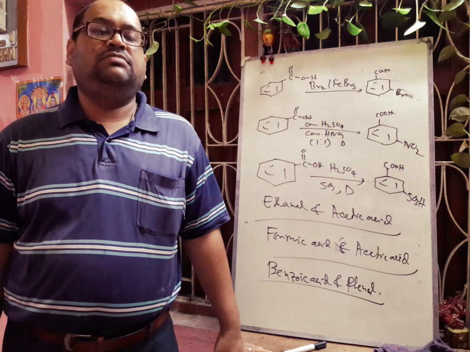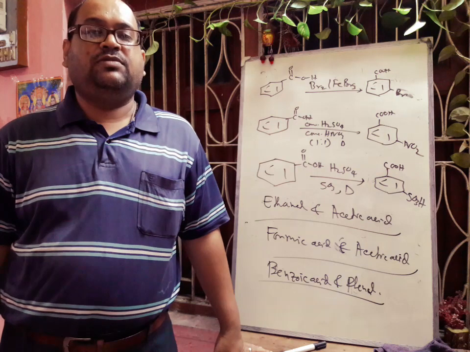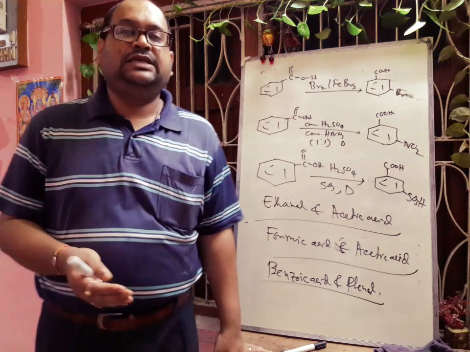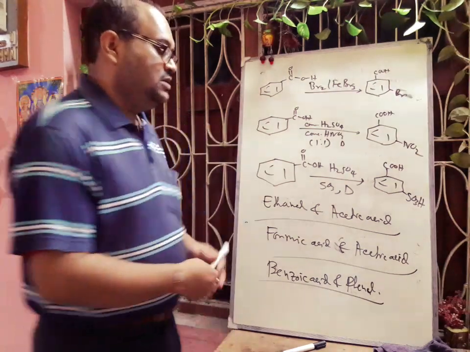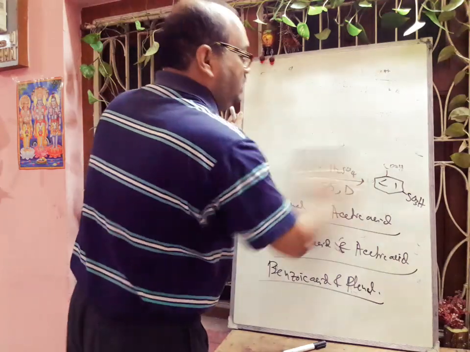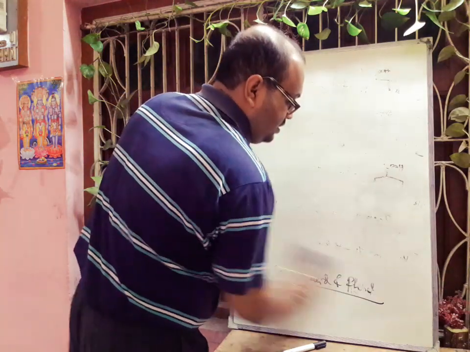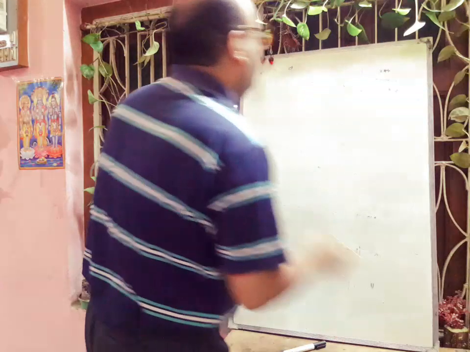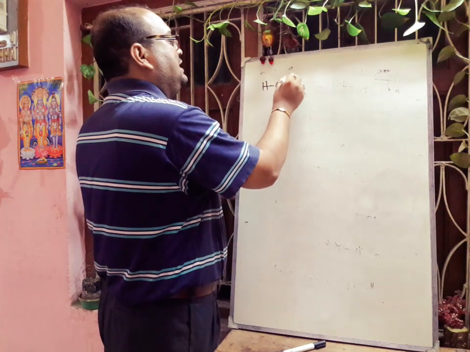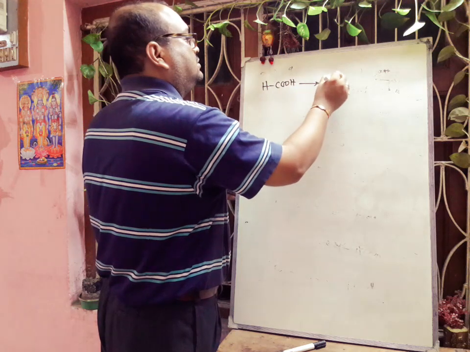Next, we will discuss some transformation type of questions. Okay, generally it is coming in your board exam also. First, we will discuss the steps of the reaction. Suppose formic acid is given, how to prepare acetic acid? So one carbon extra. How to increase one carbon? So our main target is to prepare acetic acid from formic acid.